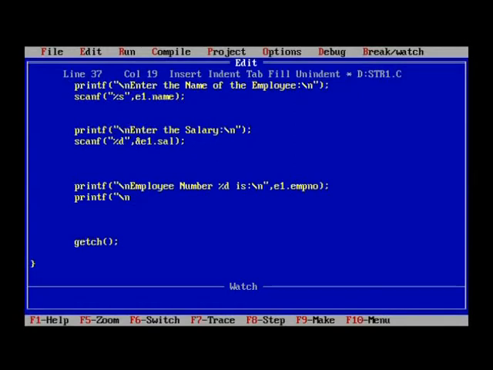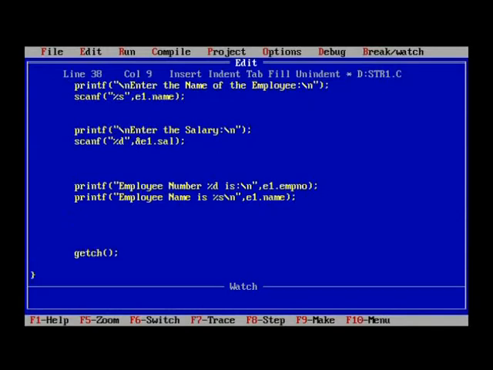I think okay. This is not required, here also I will remove. Employee name is %s, then put slash n, sorry, double quote, comma, E1 is the name and the member is simply name, right?